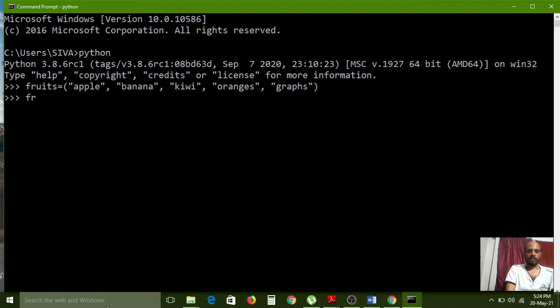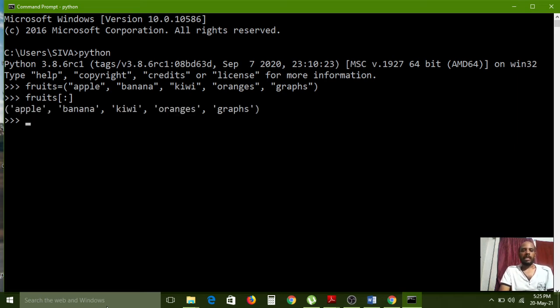For that we use the fruits tuple name, and after that simply the square brackets, and here I use a colon symbol. So in the output we can see all elements it is accessing, it is retrieving the data from the fruits tuple, nothing but by using slice operator with the colon symbol, all items, all fruits it can print like this.